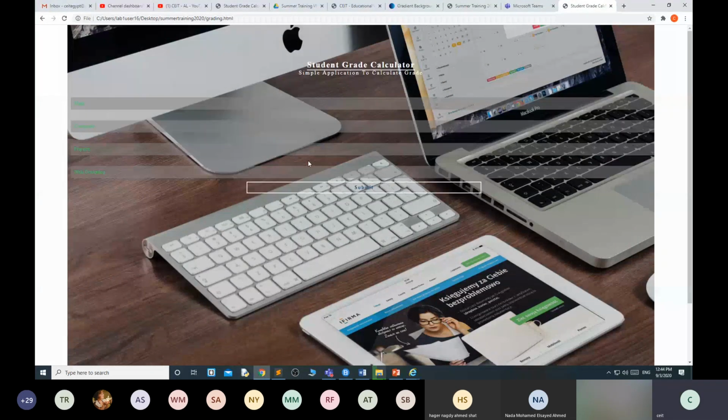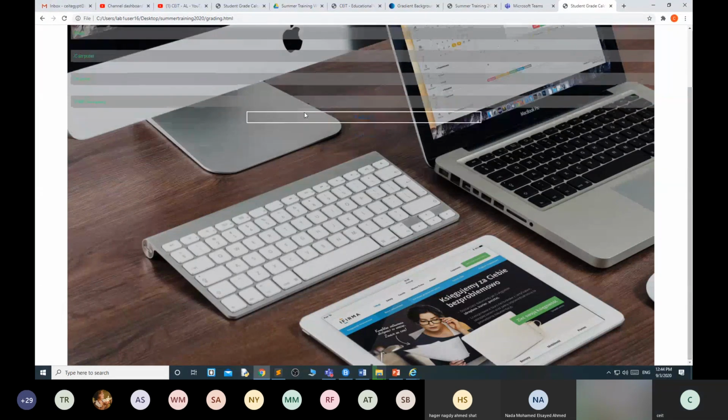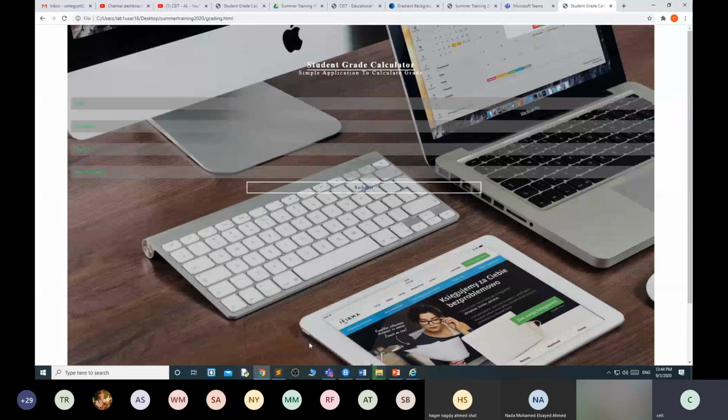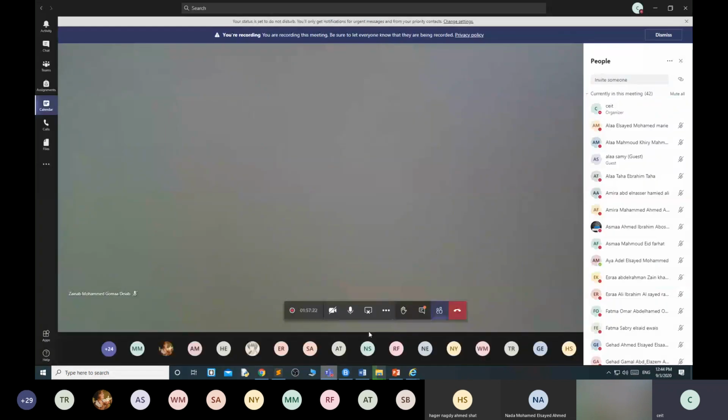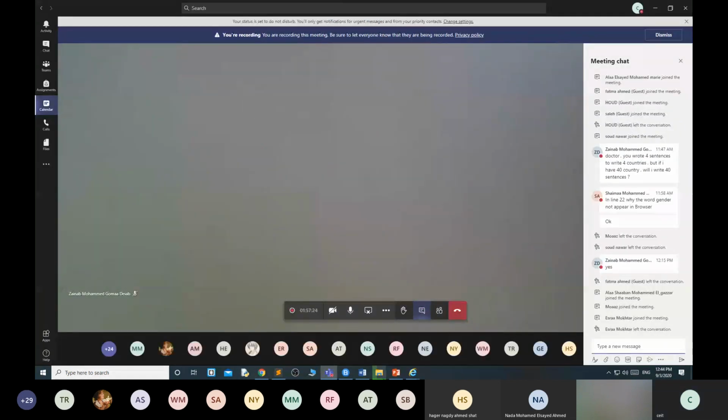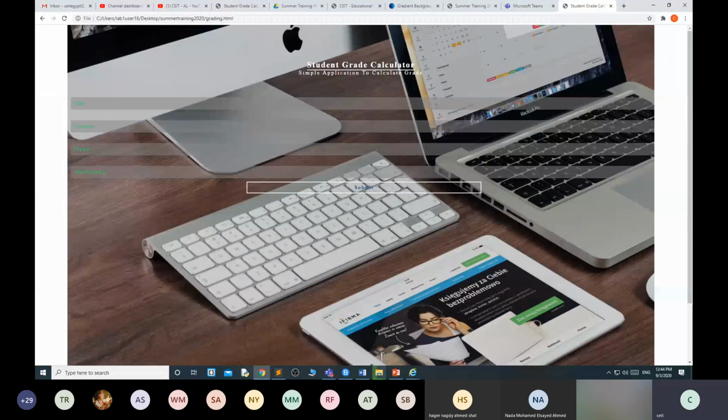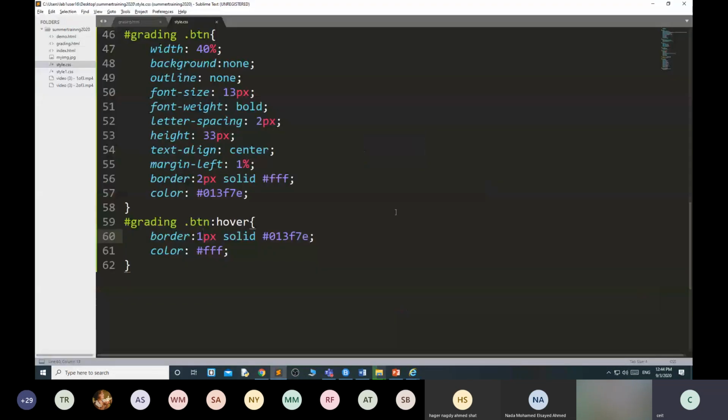Okay. The CSS part is over. I have designed the complete page. Now we will see the JavaScript. Hope you understand this. If you do not understand, I will share the code. Okay. I will share the code, go through it and ask me where you cannot understand. Then we will go for the JavaScript.